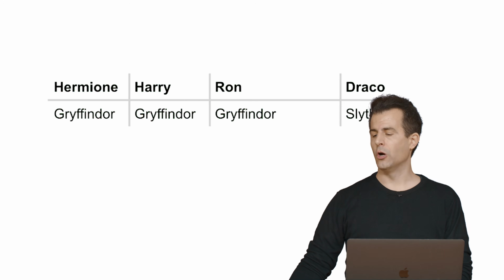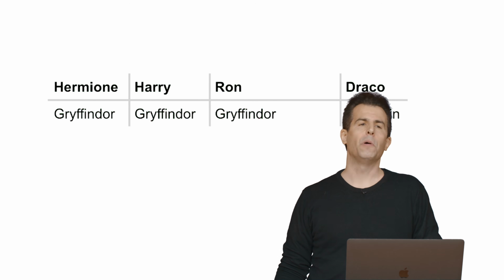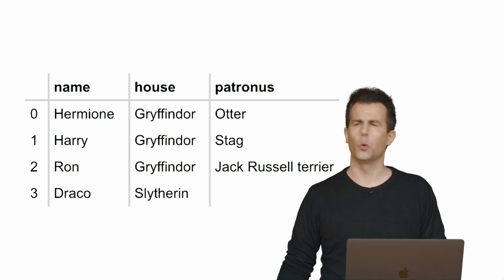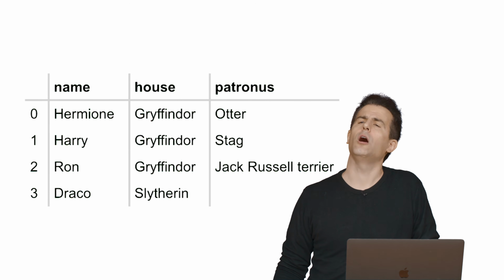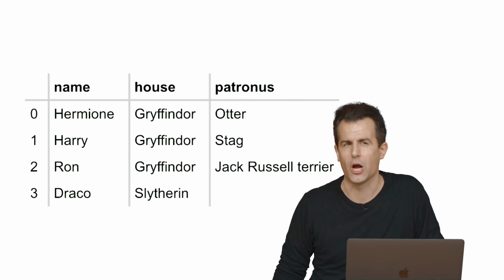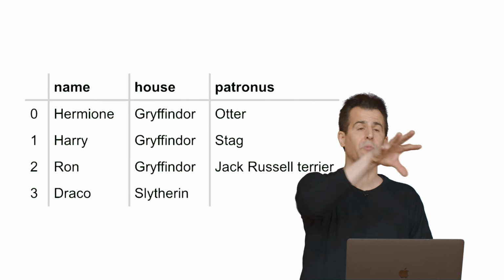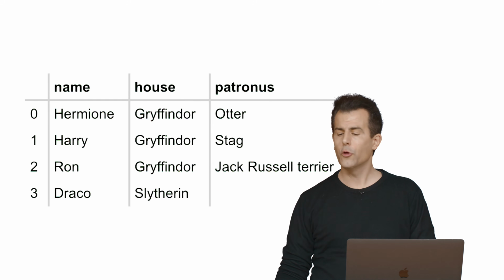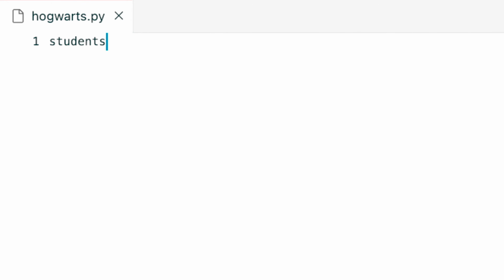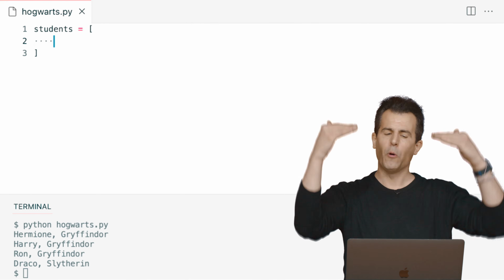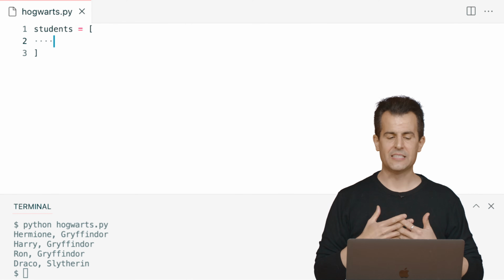So notice that my previous picture just represented a single dictionary. But suppose I wanted to compose a list of dictionaries. That is, 4 students, so a list of 4 students. And suppose that each of those students is itself a dictionary, a collection of key value pairs, keys and values, something and something else. Well, here's one other way we can do this in code. Let me go back to VS Code here, and let me define a variable called students that is equal to a list. And I'm going to preemptively move my cursor onto separate lines because I know this is going to be long, and I want to fit all of the elements of this list inside of it.